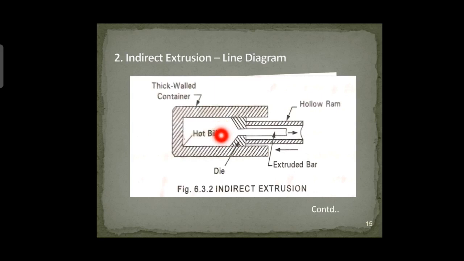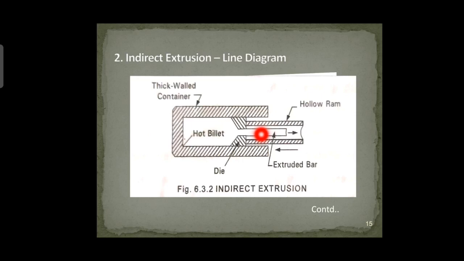So a lower extrusion pressure is required when compared with direct extrusion. In direct extrusion, for example, you are applying some pressure, and compared with that, this indirect extrusion requires lower pressure for the same reduction. It means whatever the diameter you are producing, for the same reduction of that cross section, the pressure required in this process is very much less when compared with the direct extrusion process.